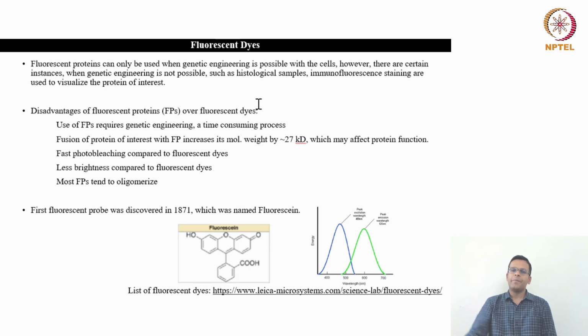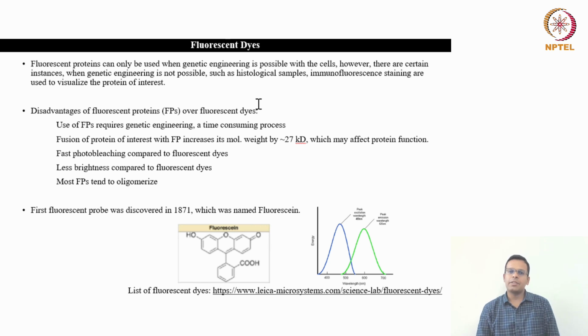So as I mentioned, for using the fluorescent protein you have to go for genetic engineering, which is a time-consuming process, generally taking 3 to 6 months in laboratory conditions to generate the fusion proteins. But let's say you are finding some cells from cancer patients, and you want to see whether a particular protein is localized properly or not. You cannot wait for 3 or 6 months for those kinds of experiments, right?